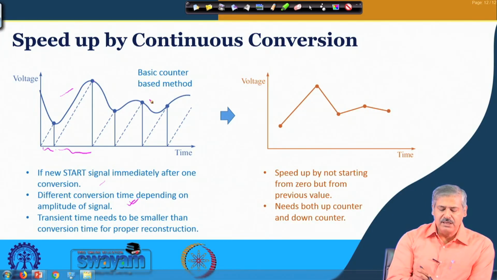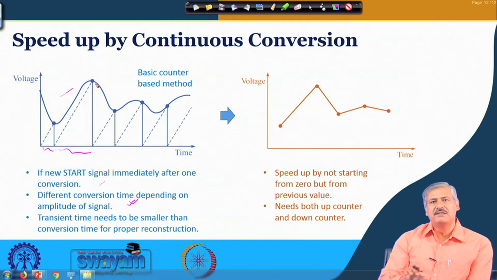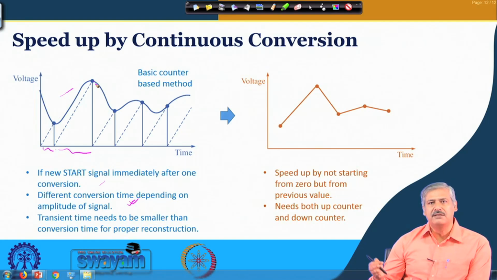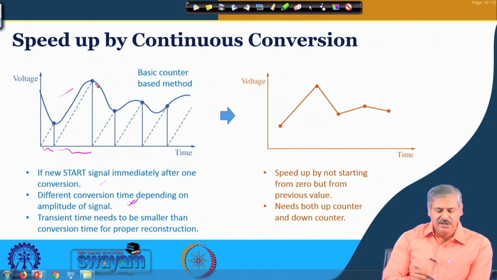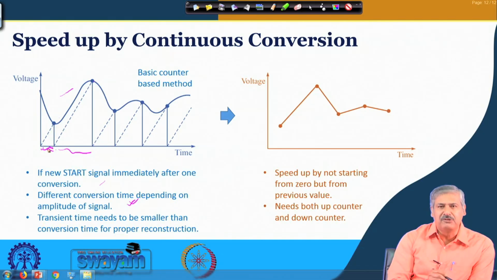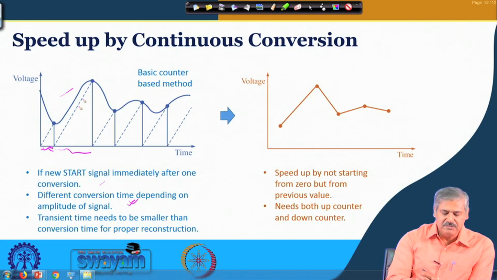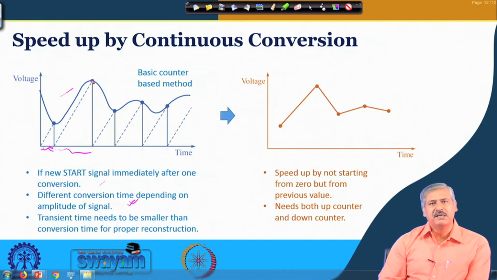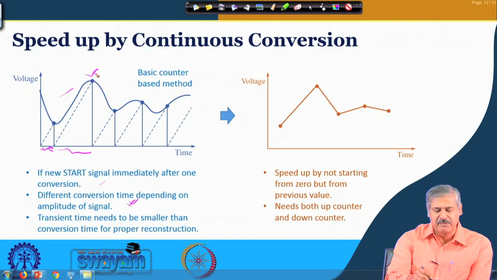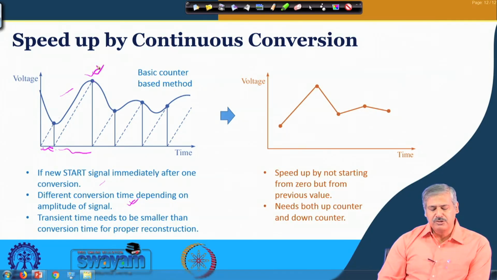Now, when these particular digital codes are sent for reconstruction from, say, digital to analog, the reconstruction time has a certain value. Now, if they come very close to one another like in this particular case, there could be issues with the reconstruction. And also the other thing that we see is that every time the counter starts from 0, the requirement of time increases, and the maximum could be, as I said, 2 to the power n, depending on the magnitude of the amplitude of this value. So, to overcome